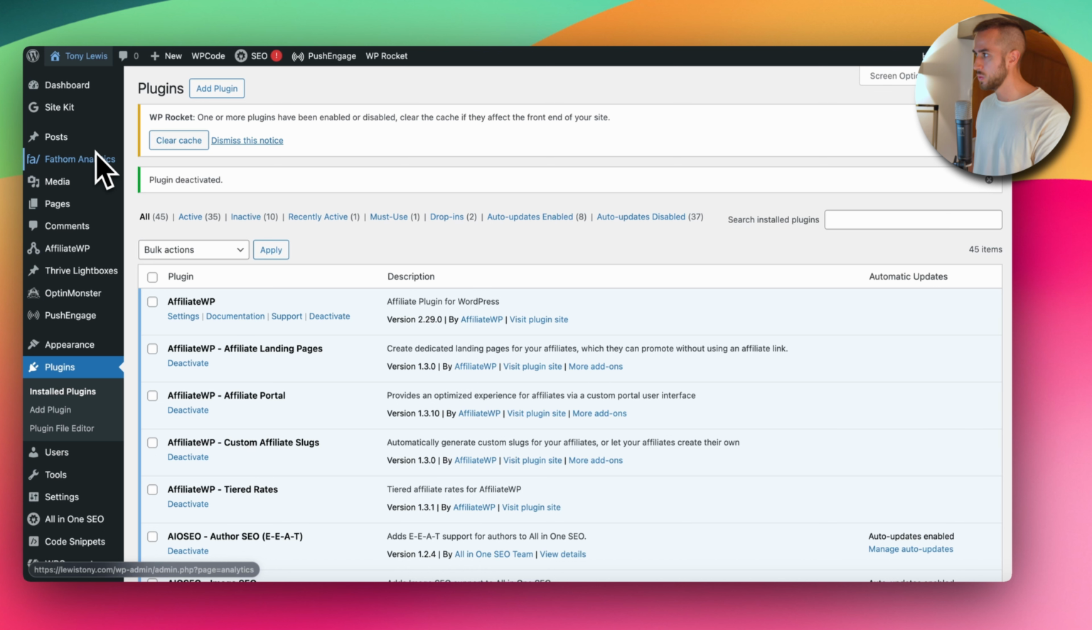Fathom Analytics is one that I absolutely love. It is more of a service than a plugin, but I almost always use it on all of my sites. And it is the equivalent of a very sexy, minimalistic version of Google Analytics. So if you want to keep data on how many people are visiting your site and what pages they are visiting, and if you want to create conversion events and things like that,